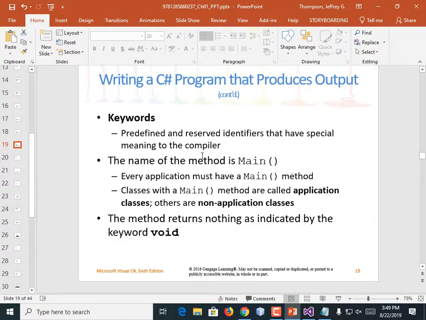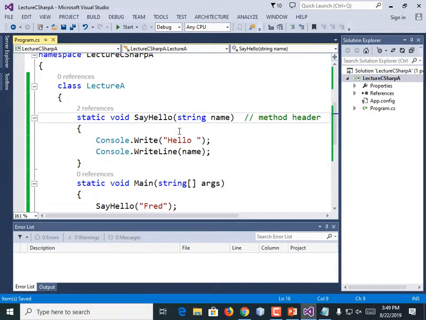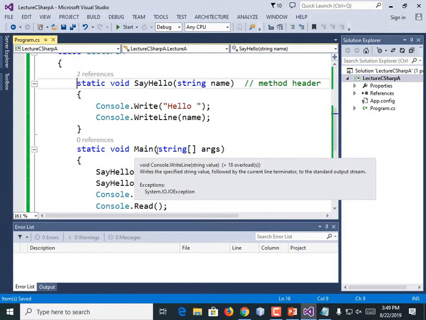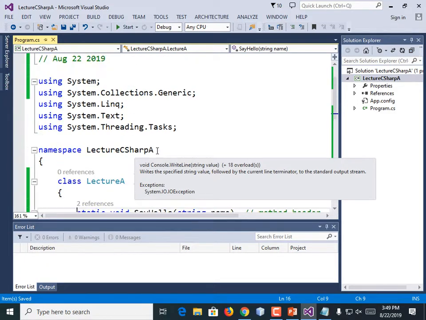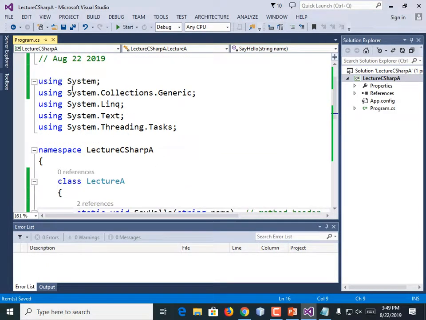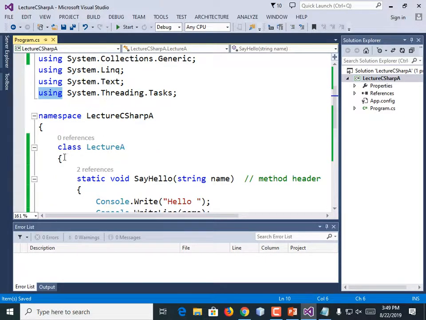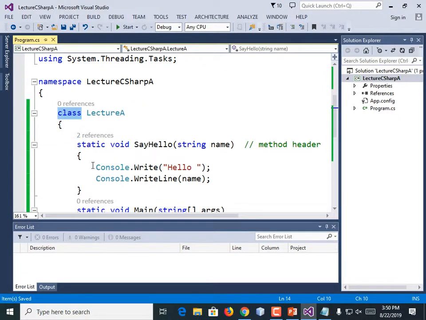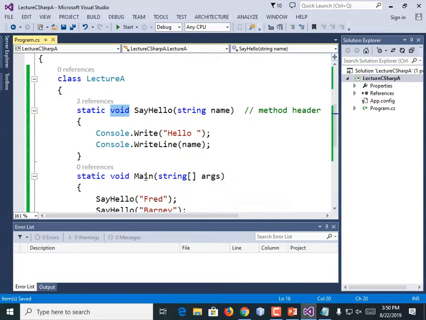So what is a keyword? Keywords are just the words that make up the language. There are not very many keywords in our program so far. They're all highlighted as blue right now, at least since I'm using a black on white version. If you're using something different, your colors may be different. These are all the keywords. Those are the things that define the language.